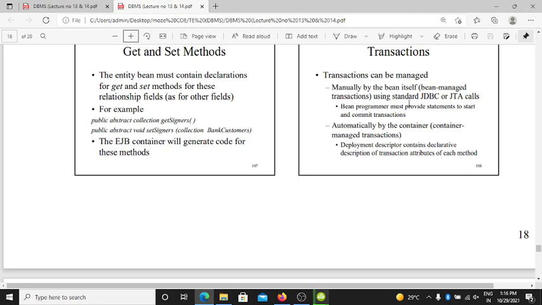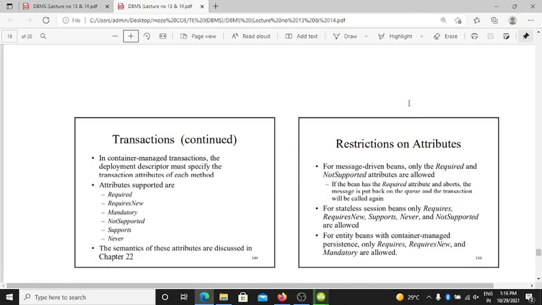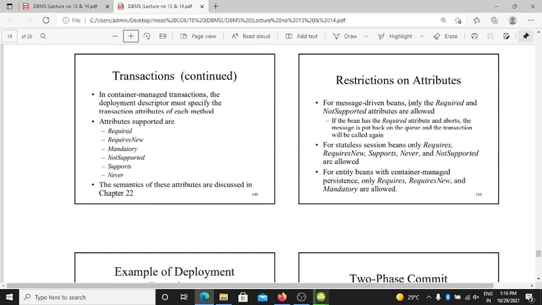The deployment descriptor contains the declarative description of the transaction attributes of each method. For container managed transactions, the deployment descriptor must specify the transaction attributes of each method.